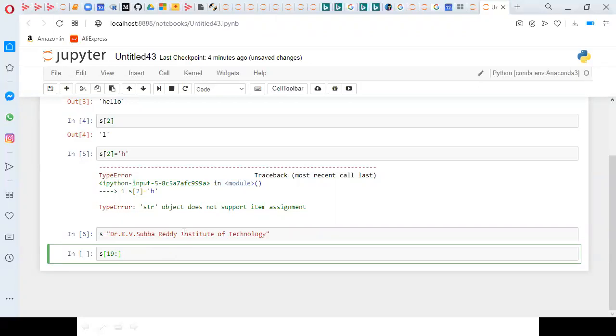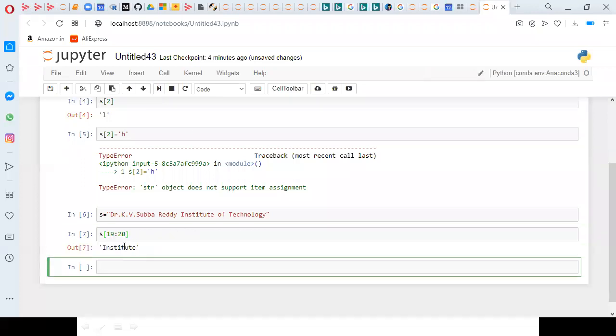It is 19, 20, 21, 22, 23, 24, 25, 26, 27, but you're supposed to go with 28. Why? Because in slicing, the stop index is not included, it is excluded. So when I call s of 19:28, we'll get Institute.